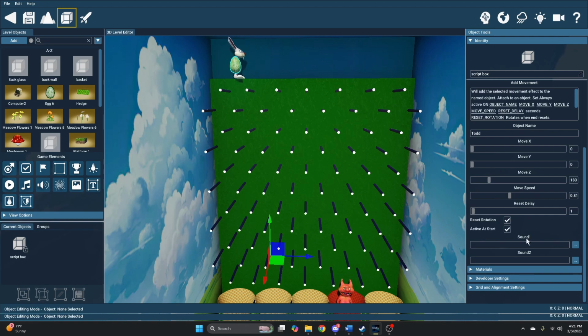And then lastly, we have sound one and sound two. Now, always look at the notes here because these always refer to what each sound does. In our case, sound one is the reset sound. So in other words, when it hits the end of its run, does it make a sound? I don't have any sounds to play yet because Stepscav Chad is still working on the sound effects. I'm not sure if there's even going to be one for that particular event,